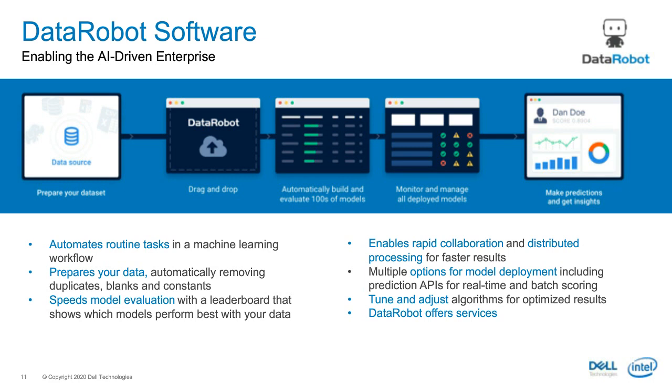DataRobot actually goes through a training process in which it identifies the most accurate model to use based on the data that you've fed it. Now, it can use both structured and unstructured data as well. So DataRobot has had experience working with large financial corporations, with insurance companies, telecommunication companies. So they've tuned and automated their models to a variety of use cases.